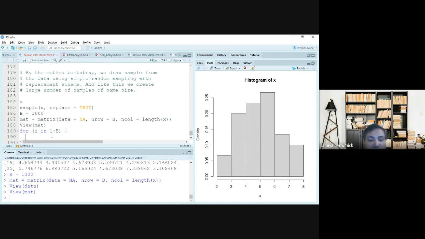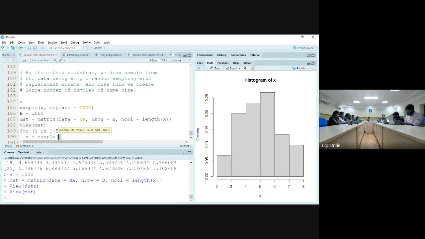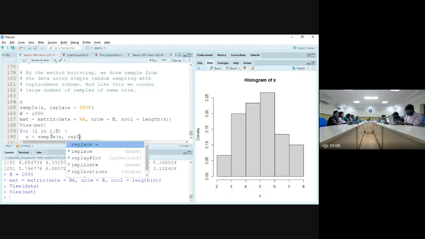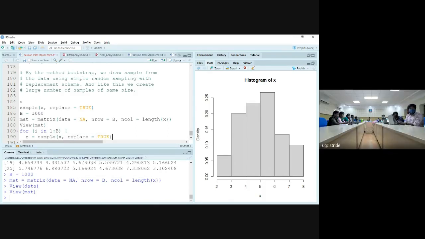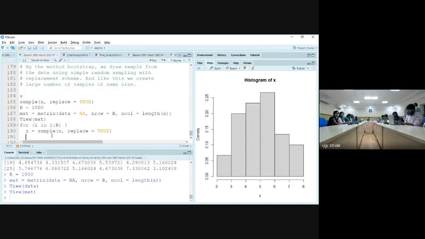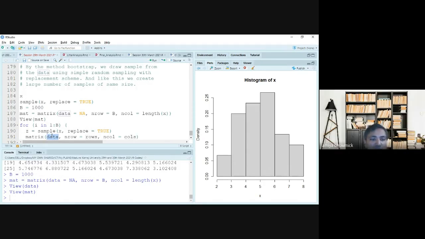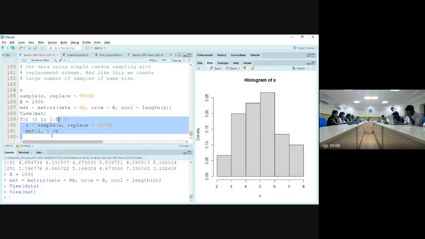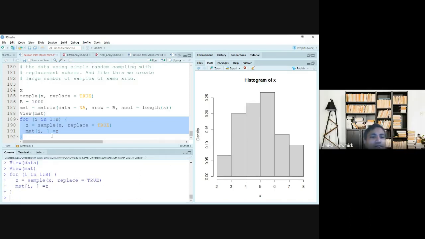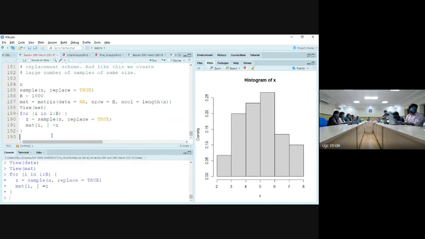Say my z is equal to sample x, replace is equal to TRUE, and I'm going to fill the ith row of this matrix completely with this value of z. So this is what I did.